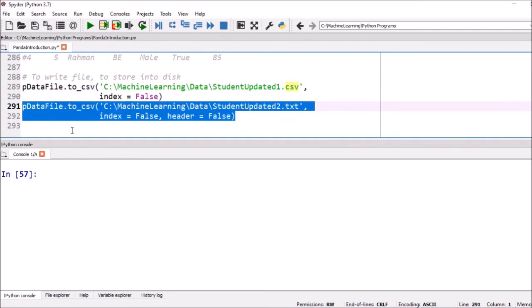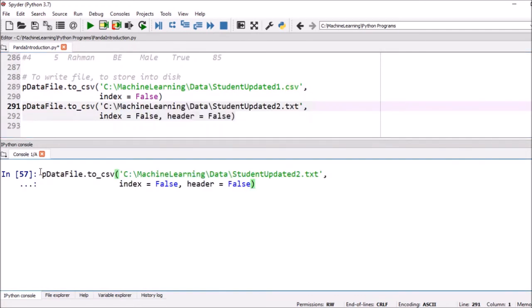So you just see this one first. So here, pdf.to_csv. You want to store it as comma separated values, where this is the path and the file name is this one. Index is false, that means we don't want to store the index, and we don't want the header. We can execute it.